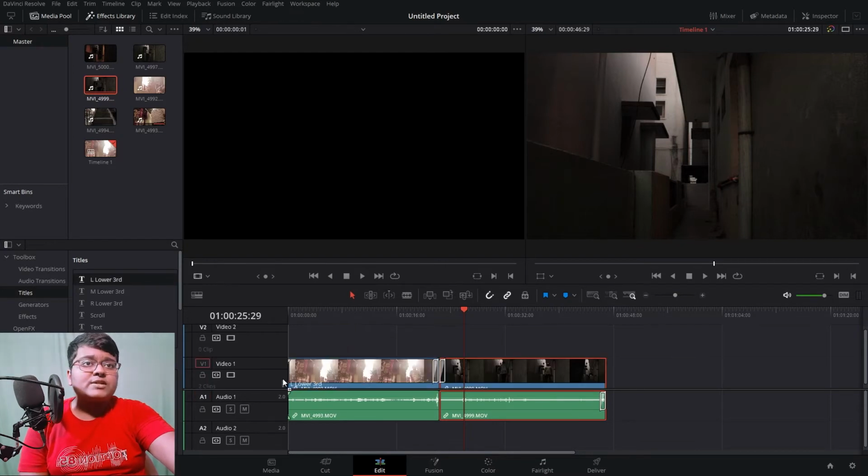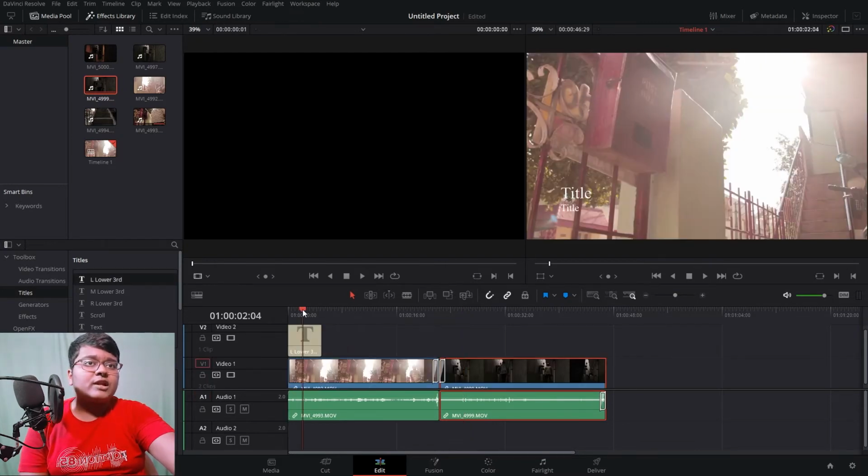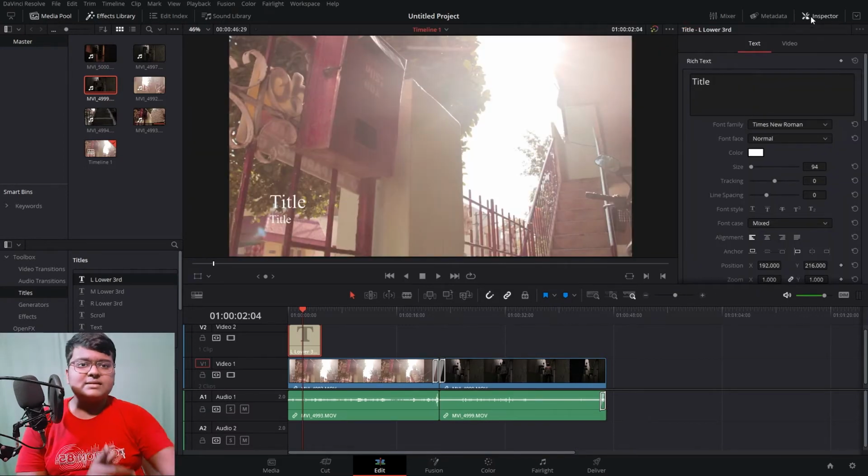So for example, let's add this over here to layer 2, and let's go to the inspector. The inspector gives us the option of all the things which we can control for the video, or the text, or the Fusion comp or anything like that.